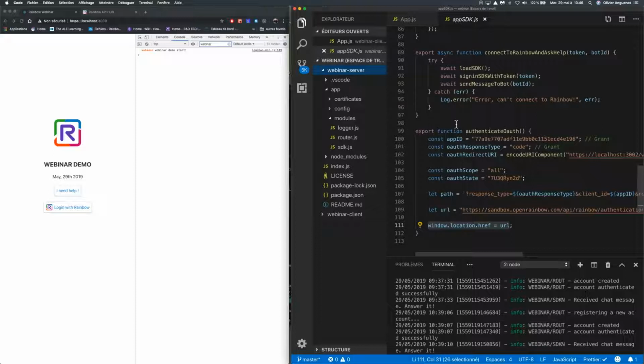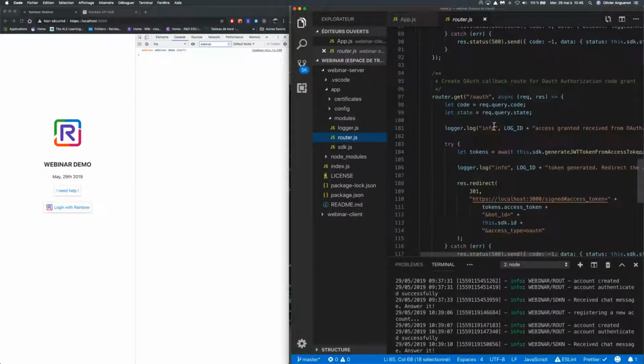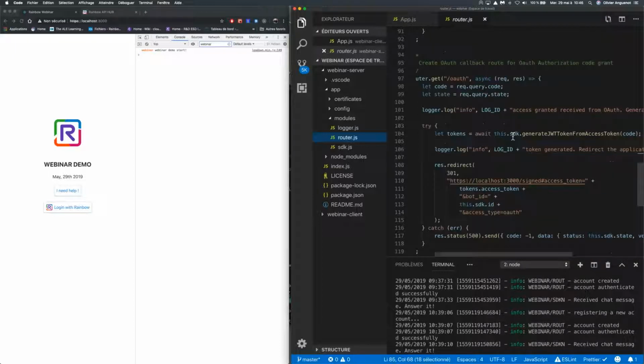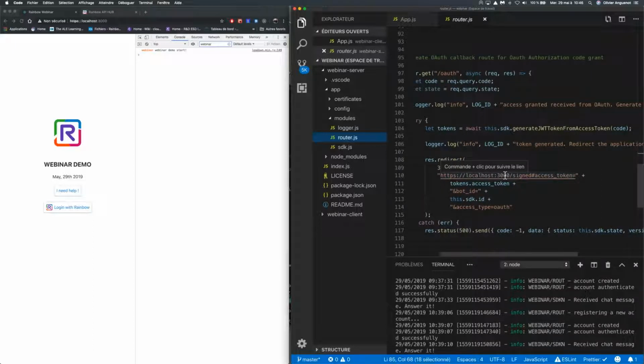In that route, the route that will be called by the Rainbow server, we will redirect the client application to the same page as for the previous demo, with the same information: the access token, and the information on the type of authorization.